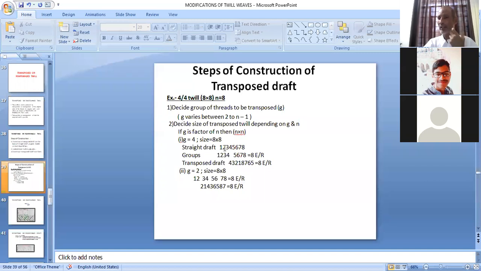और अगर ये कंप्लीटली ट्रांसपोज्ड है, जो हमने ऑर्डिनरी ट्रांसपोज जो है, तब तो आप इसमें बना सकते हैं। बट इफ इट इज ऑल्टरनेटली ट्रांसपोज्ड, ऑल्टरनेटली में आप ये पॉइंट ध्यान रखें, आप हमेशा ध्यान रखें अगर ग्रुप ऑड नंबर में बन रहे हैं, जैसा कि आपने अभी 4 के ग्रुप से देखा केवल 3 ग्रुप बन रहे हैं, अगर आपको ऑल्टरनेटली बनाना है तो नहीं बन पाएगा, क्योंकि आप पहले को अगर स्ट्रेट रखेंगे और दूसरे को रिवर्स करेंगे, फिर तीसरा वापस स्ट्रेट हो जाएगा, तो 2 स्ट्रेट एक रिवर्स हो जाएगा। तो ऐसे केस में आपको साइज को डबल करना पड़ेगा, 12 के बजाय आपको 24 में जाना पड़ेगा अगर ग्रुप्स ऑड नंबर में बन रहे हैं। तो दैट पॉइंट ऑल्सो यू हैव टू कंसीडर.